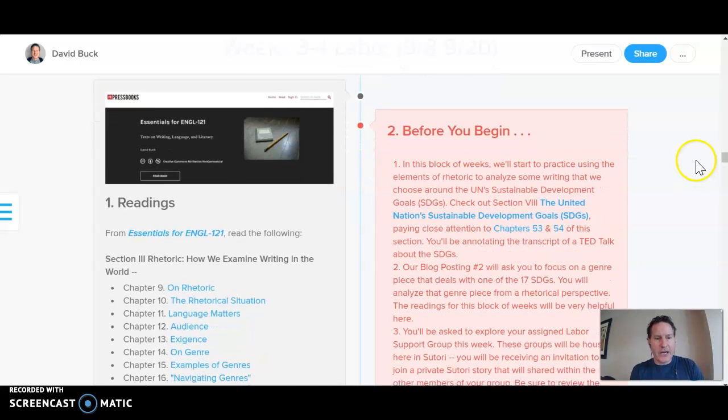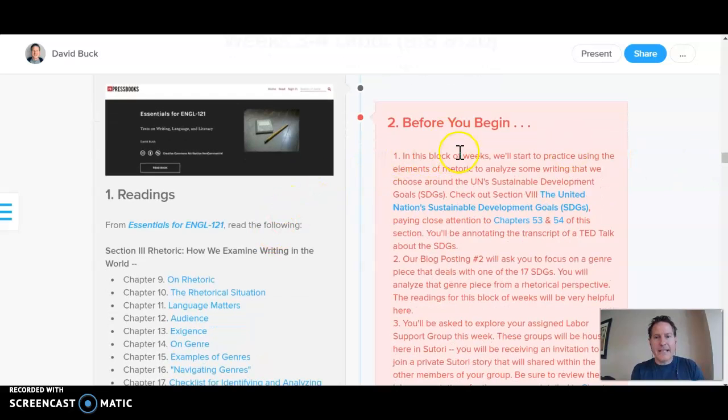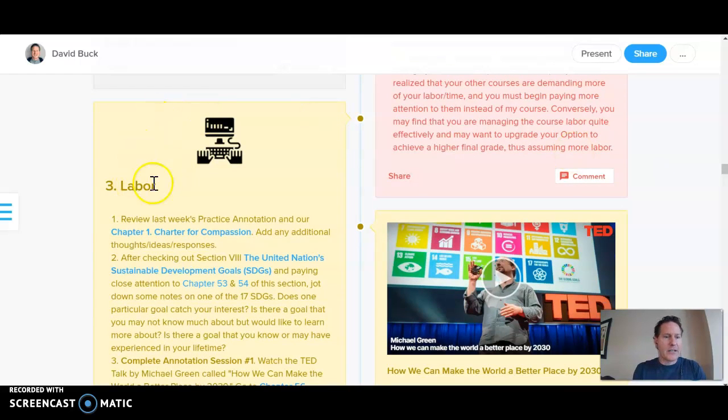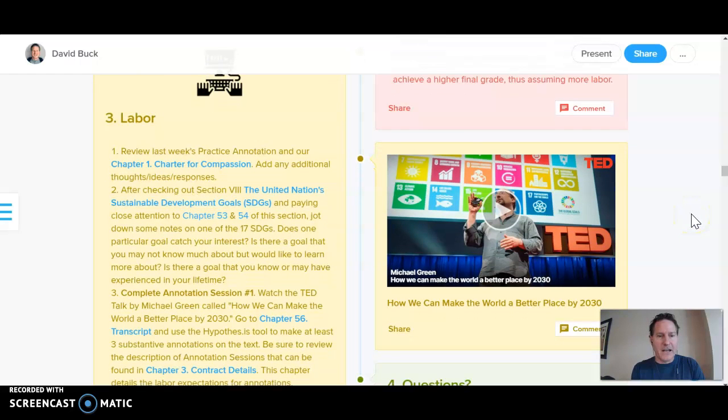The first box over here are my readings. The second box is more like a module overview, what I used to use, module overviews, where I tell the students, this is what you're going to be doing before you begin here. The most important box is my box number 3, which is my labor box. And this is basically where I put all of the assignments that they're going to be doing for this 2-week